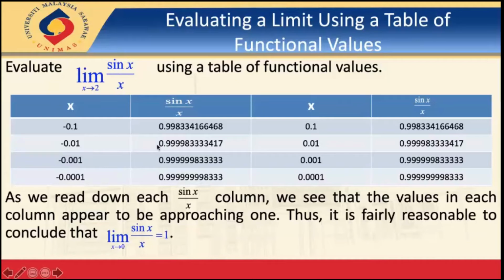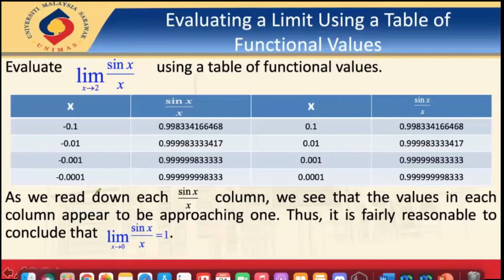And actually it is from both sides of 0. In a number line, 0 is in the middle, and on one side are negative numbers and on the other side are positive numbers. So from the negative side, if you are coming closer to 0, the output is getting closer to 1. And now from the positive side, if you are coming closer to 0,